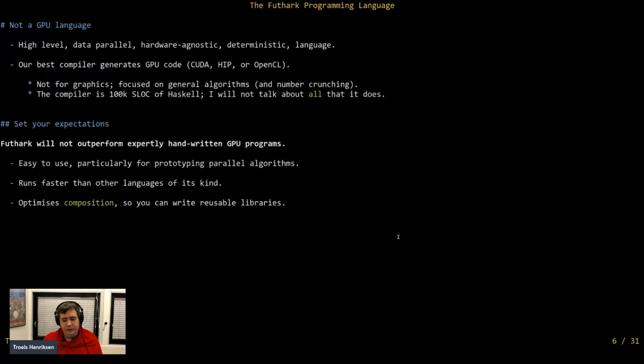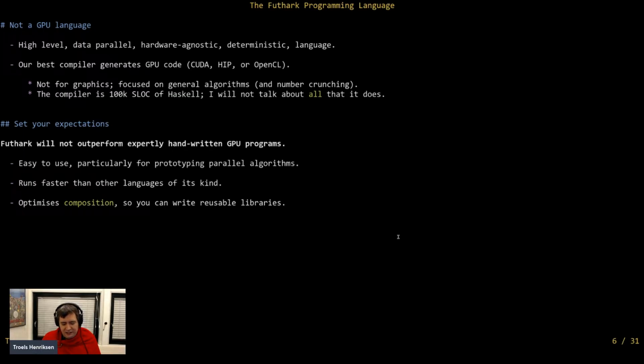Because in Futhark, you cannot directly program the hardware. You cannot directly access hardware features. That's up to the compiler, and the compiler is not as good as an expert GPU programmer. Now, of course, I would argue that Futhark is easier to program in than many of these modern kernel languages. In particular, if your main goal isn't to get a matrix multiplication running as fast as possible, but you're prototyping new parallel algorithms and you just want them to run faster than if you wrote them completely sequentially, or in Haskell or some other very high-level language.